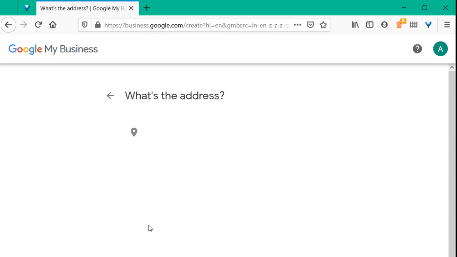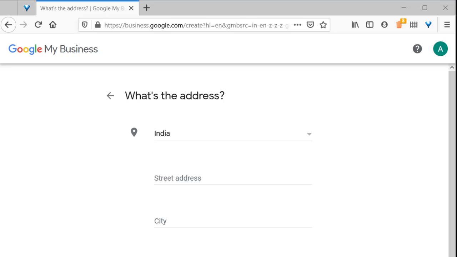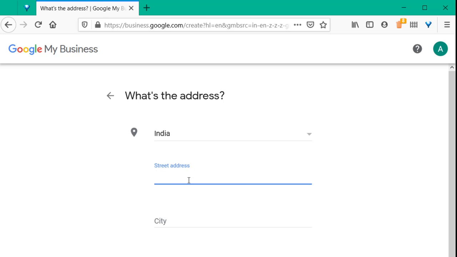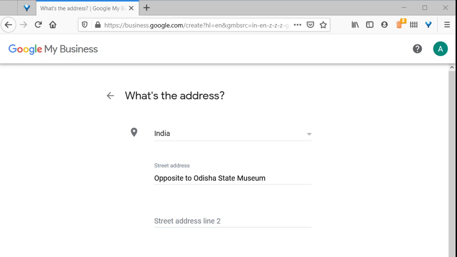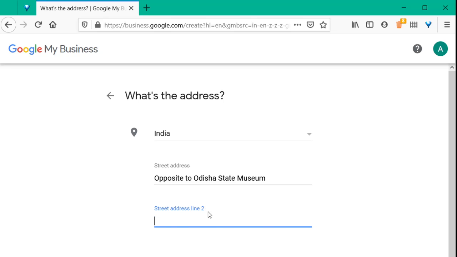Next, what is the address? You have to fill in the detailed address of the store. The address I am putting here is opposite to, and I am adding one more line here also: Louis Road, Kalpana Square, BJP Nagar.